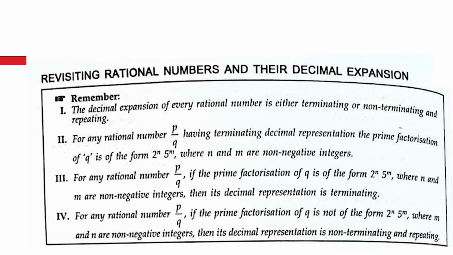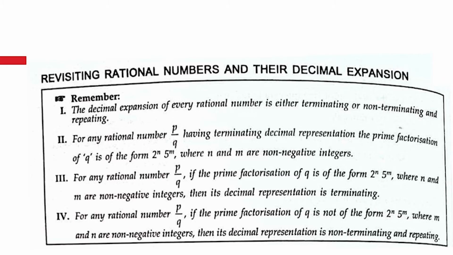Third one, for any rational number p by q, if the prime factorization of q is of the form 2 raised to n, 5 raised to m, where n and m are non-negative integers, then its decimal representation is terminating. Fourth one, for any rational number p by q, if the prime factorization of q is not of the form 2 raised to n, 5 raised to m, where m and n are non-negative integers, then its decimal representation is